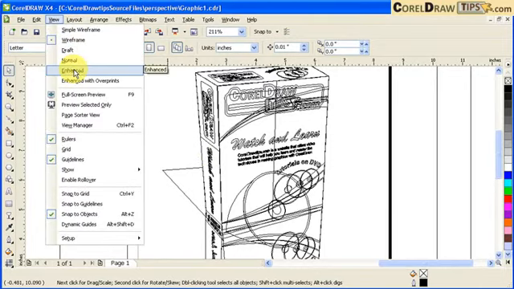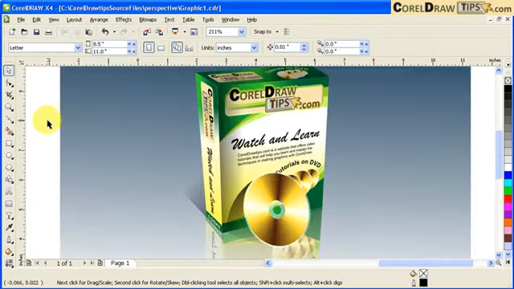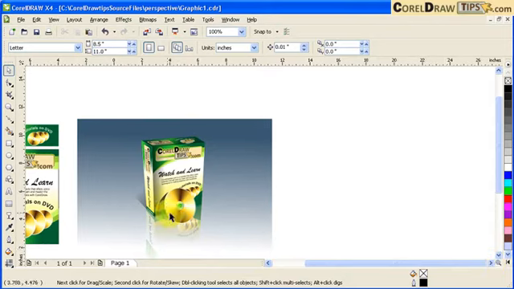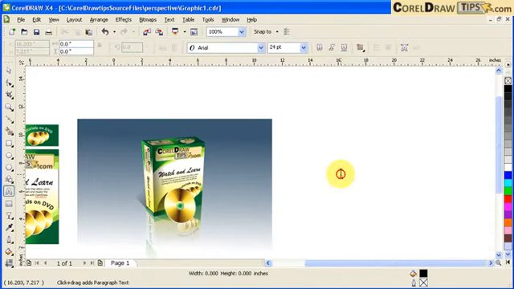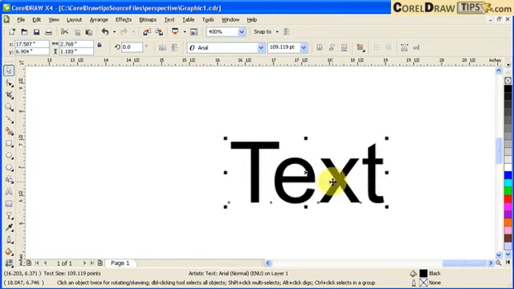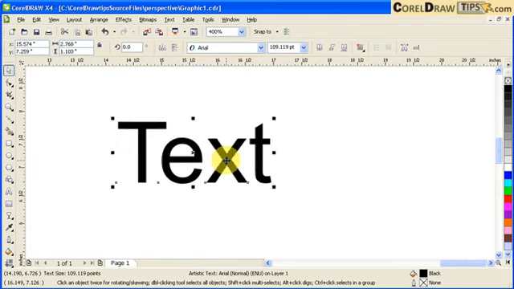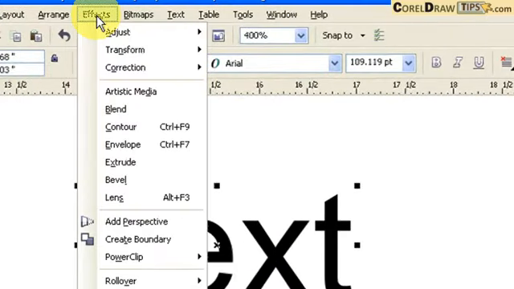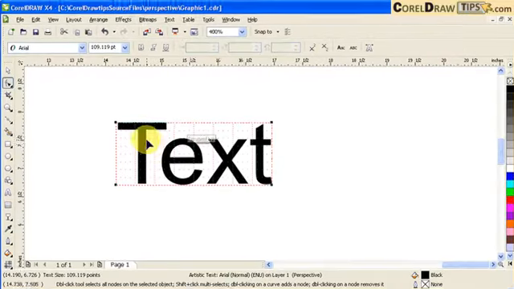Let's go View, Enhance View. Go back to Enhance View. Now, how do we use perspective here? For example, I'm going to type in some text. Okay, I'm going to zoom in here, and I can create a perspective text effect. So if I click on the text and go to Effects and click on Add Perspective, then I'm